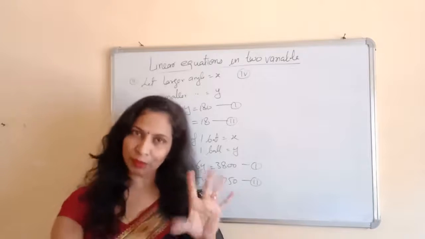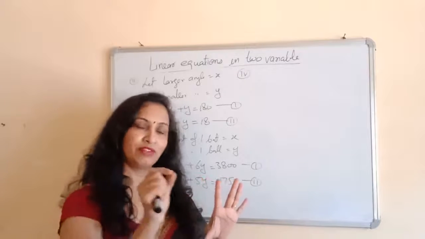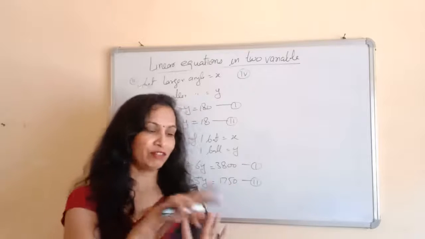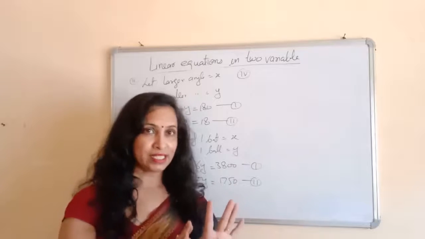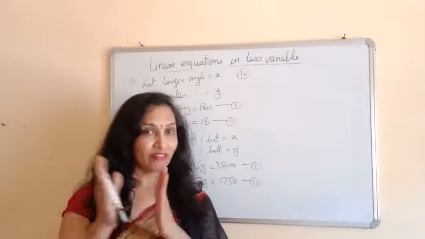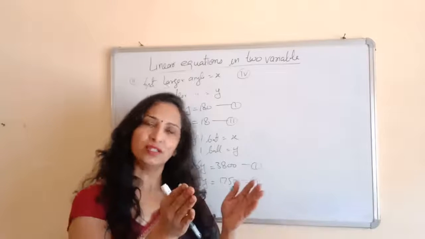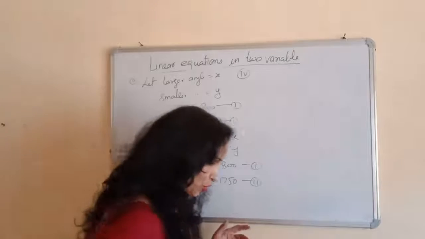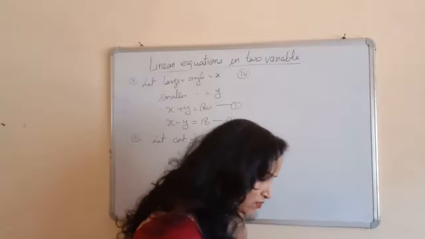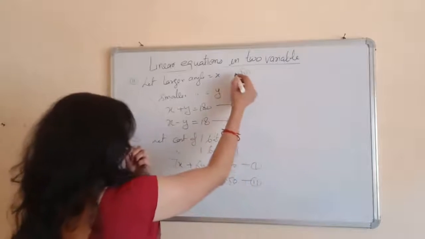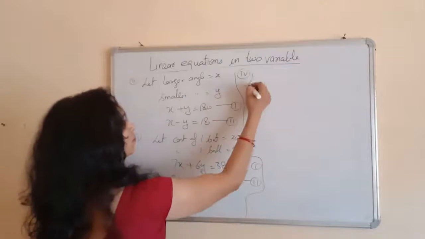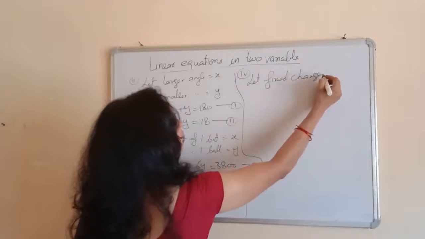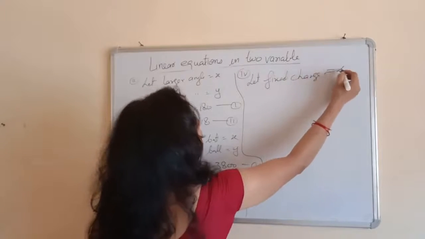So for the 5 km, first you will give him 50 rupees plus 10 rupees for 1 km, 20 rupees for 2 km, and so on up to 5 km. It means what you have to pay is the fixed charge and the cost of the distance covered by the taxi. So in the question, for 10 km you have to pay rupees 105. So first you will say let the fixed charge be equal to rupees x.